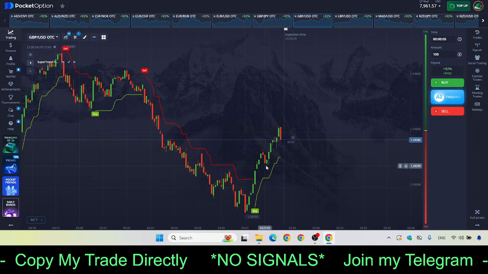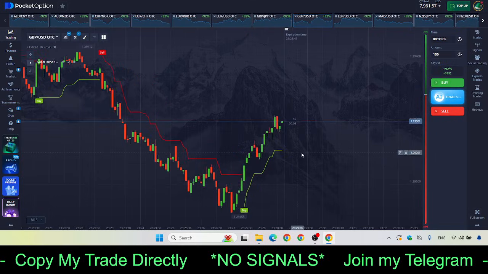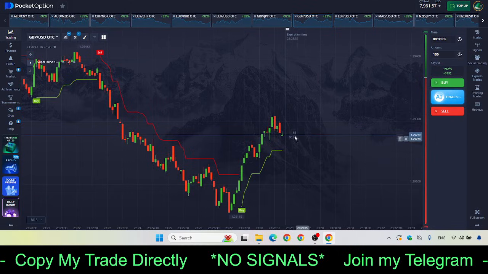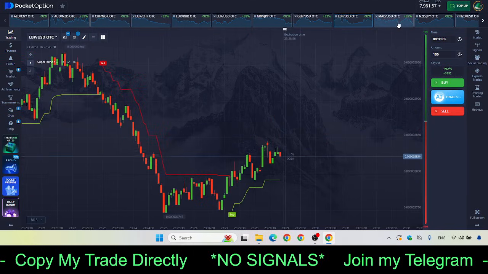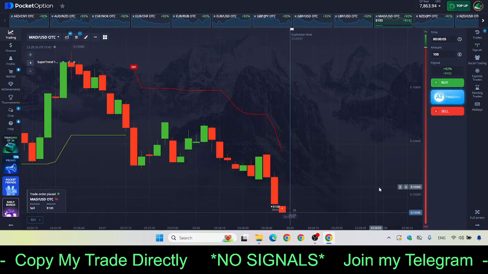Here you can see the market is trying to go up and it is a buy signal from Super Trend. And here you can see some candles are red, but let's see if it continues to go up, then we can take the risk here, which I think it will not, because it has already started to fall. So you need to keep on finding. Here you can see, here you can take the risk,